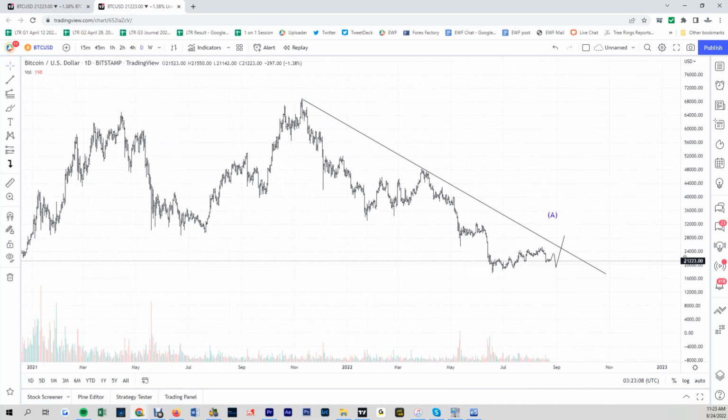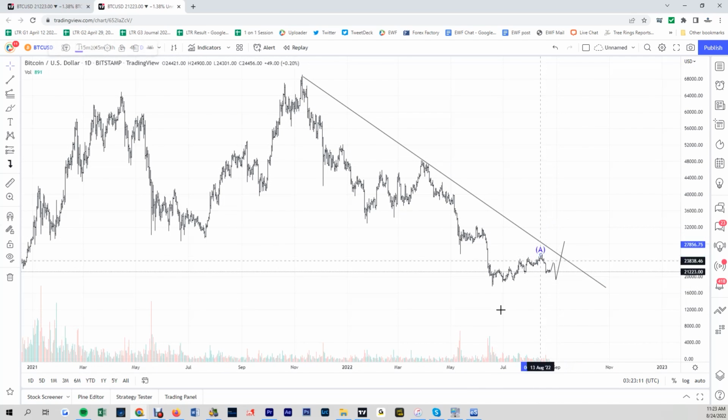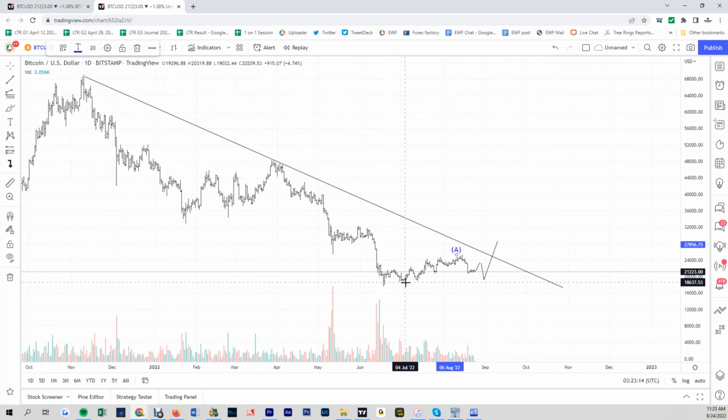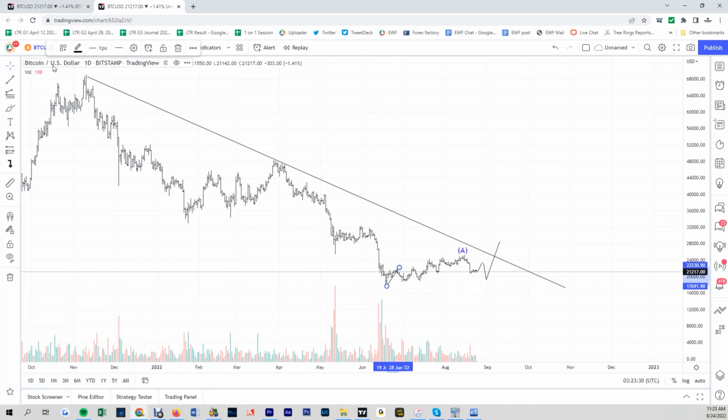Now secondly, we're calling this an A right here. Look at the structure of this, guys. This is very overlapping, very corrective. So those that already call it bullish, if you want to call it bullish, you want to see very credible evidence, like a 1, a 2, and then maybe an impulse like this. Then you will have a case. Now in here I still see a lot of overlapping 3 swing sort of rally, which is telling you, just by looking at this, most likely this is only